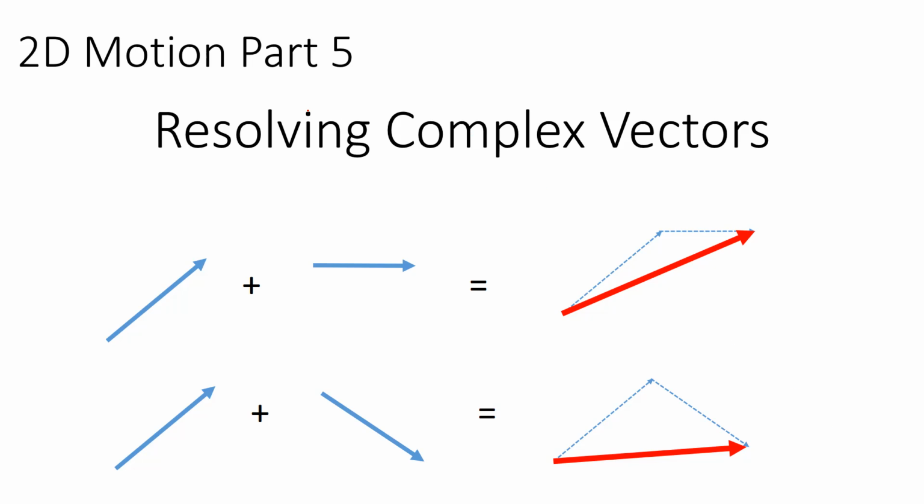Okay, this is the fifth part of my 2D motion series, and now we're going to look at resolving complex vectors. When I say complex, they're no longer only going to be on the x-axis or y-axis. They're going to be two of these vectors that end up being like this, and we're going to have to start off by breaking those into their sides, and then we're going to add these vectors that are on the same axes together, and we're going to come back and then come up with a final triangle at the very end. So this one's a little easier than that one because this one here has two components to each triangle,